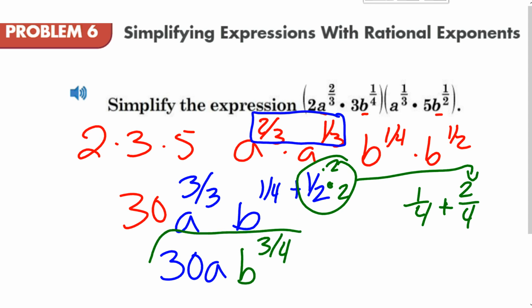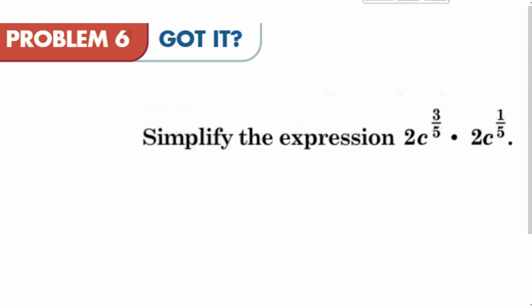So at least what you can do is multiply your coefficients. You can pause this and try it yourself. But multiply your coefficients, and then put your variables together. And since we're multiplying, that means we're going to be adding. Well, this one's a little easier because, again, it has common denominators. You need to make sure we have common denominators. Say I don't know how to add this. What you can at least do, at least get this far,